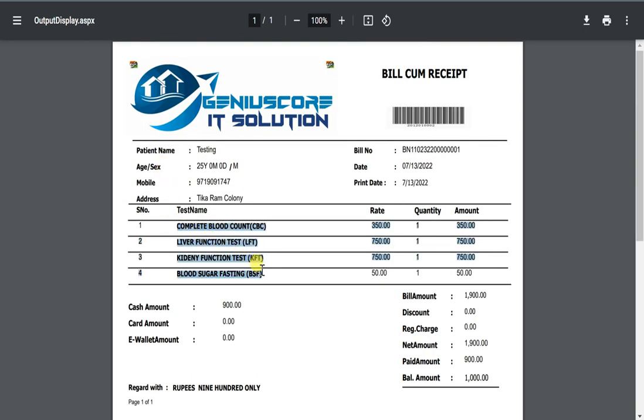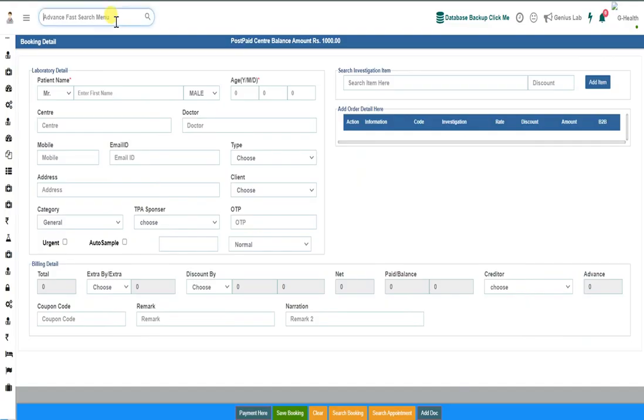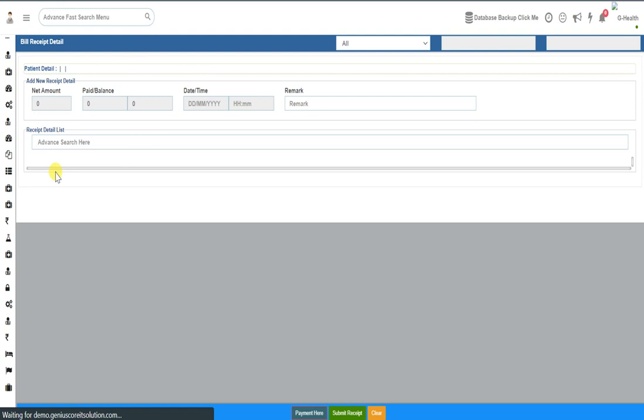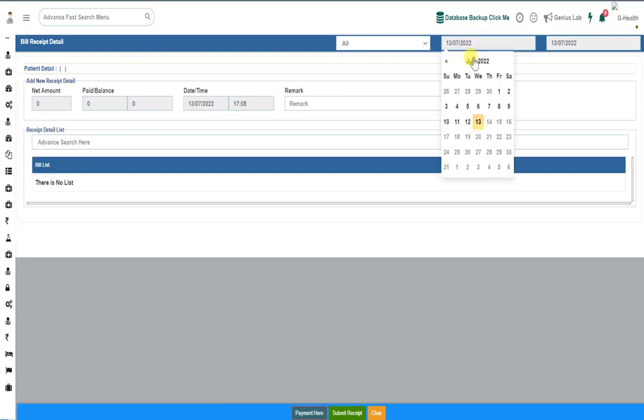Here we show the 4 tests. Payment mode cash 900, bill amount will be 1900, net amount 1900, paid amount 900, and the balance amount will be 1000. If the patient comes tomorrow and pays the remaining, then simply go to receipt. The patient will show if the balance remains.